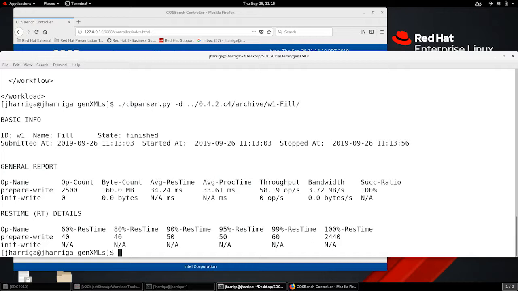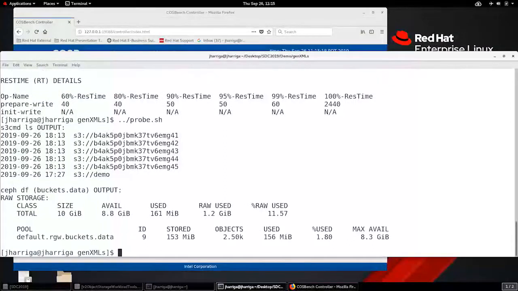And if we go over to, right, so I have this little shell script that just basically does an S3 command output and then does a ceph df. So we can see that the cluster fill did use up some amount of the storage on the containerized Ceph. If we take a look at RGW test,